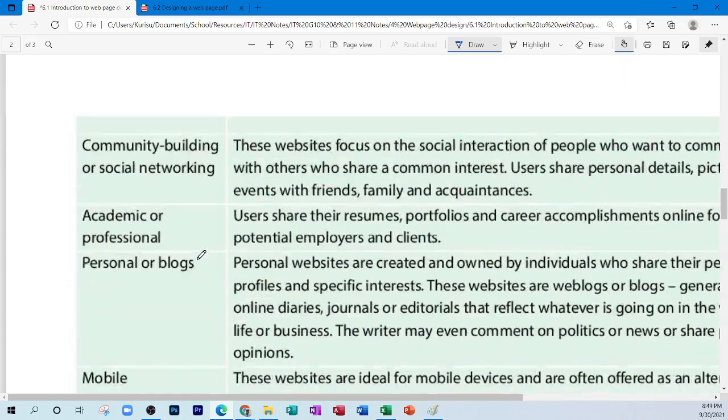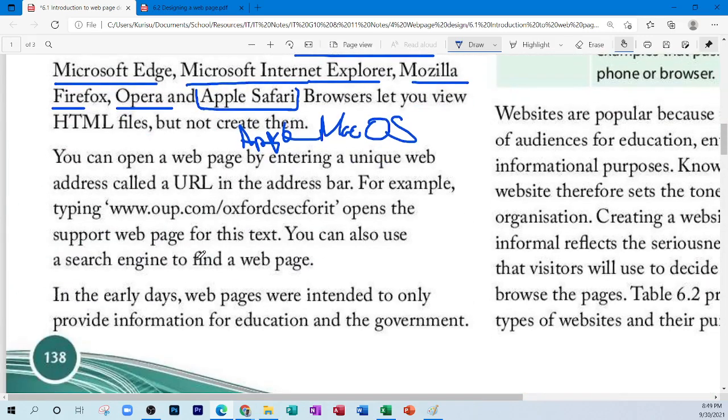So URL and the hyperlink, you can say they're basically the same thing. They're not in all cases, but you can say they're the same because we said that the URL is the name of the website. So if you look at it, it's actually the link that you can click on that can take you to the website. So the URL and the hyperlink, you can say they're like one and the same,